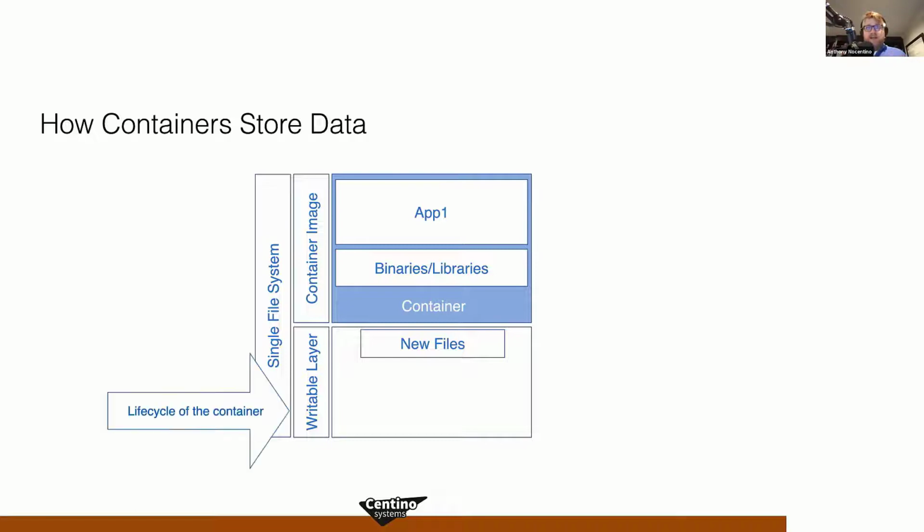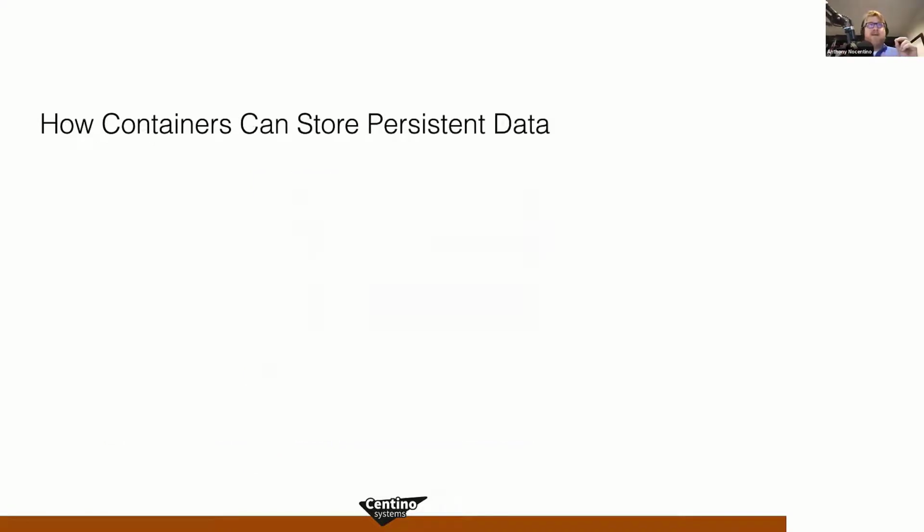But as you're working with your application, this writable layer has the life cycle of the container. So if you delete this container, that writable layer will go along with it. And so you might be thinking, well, I'm a data professional. My job is to keep data around. And this kind of paradigm is incongruent with doing that, right? If I delete the container, my data is gone. That's bad news. So let's talk about how containers can store persistent data, right?